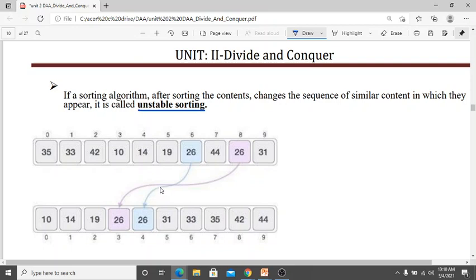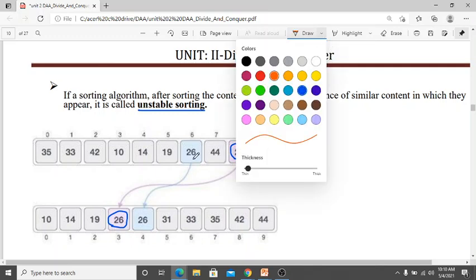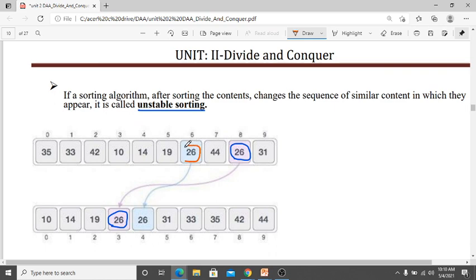So here you can see this 26 is coming here, and this 26 is coming here. That means whatever order was in the original array, after sorting the positions are changing.